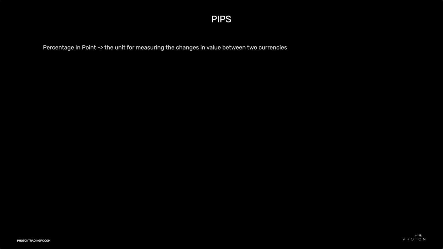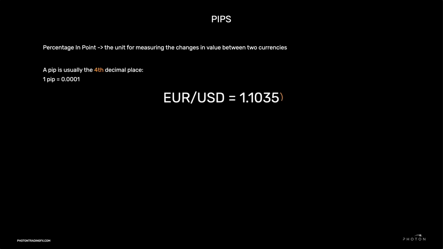Pips. Okay, so pips stand for percentage in point, and they are the unit for measuring the change in value between the two currencies. Essentially, pips are what we refer to in terms of the amount that the price changes. When reading a price quote, a pip is usually the fourth and last decimal place. So 1 pip equals